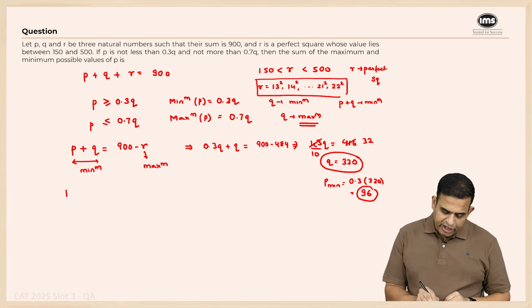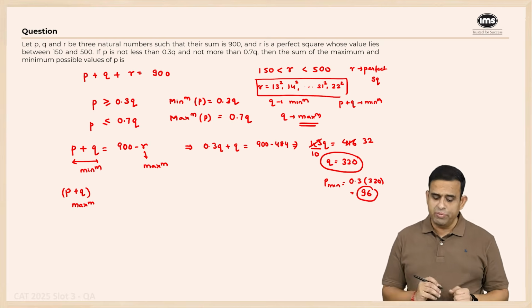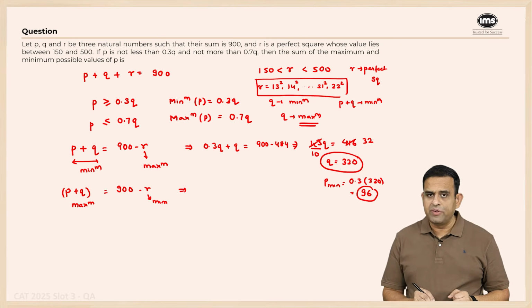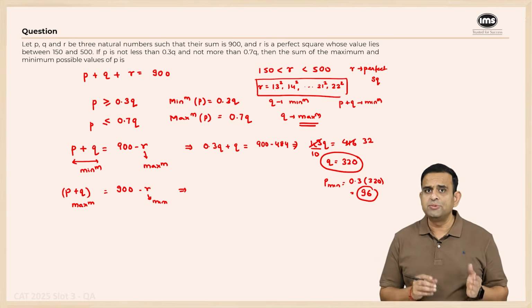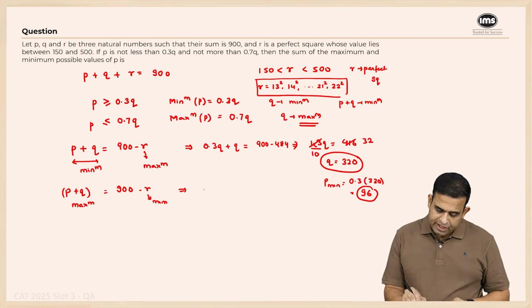Then similarly, if I wanted p plus q to be maximum, because if p is maximum, q has to be maximum, that means p plus q will become maximum. For that, r should be minimum. And again, r has to be a perfect square, which is going to be more than 150. The smallest value of r I can take is 169. So 900 minus 169. And the max value of p is 0.7q. So 0.7q plus q will be equal to 900 minus 169. This will give you 1.7q as